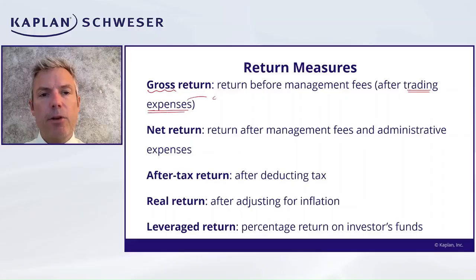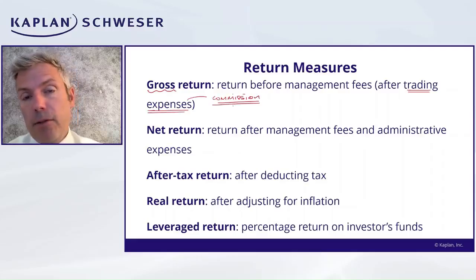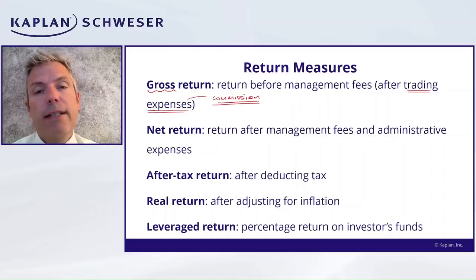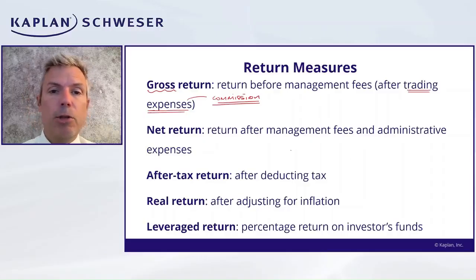You can't separate the costs of trading, like commissions, from the investment strategy. It's not something that you could remove. It's part of the strategy itself, the fact that you need to buy and sell the securities. So just be careful here. The gross return of a manager is after trading fees like brokers' commissions and the impact of crossing dealer spreads,